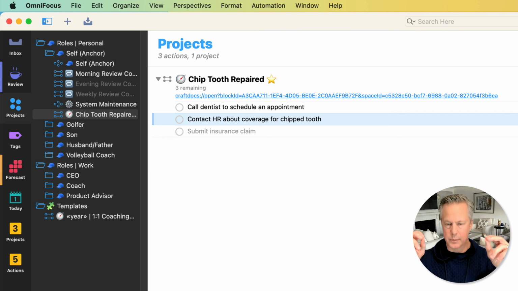And within a project, we're looking for that project verb in the past tense is the way I look for it, but sometimes it can be in the present tense. But as long as you've got a good project verb and statement there that allows you to answer it in the affirmative, yes, or the negative, no, then you know you've got a good project definition.